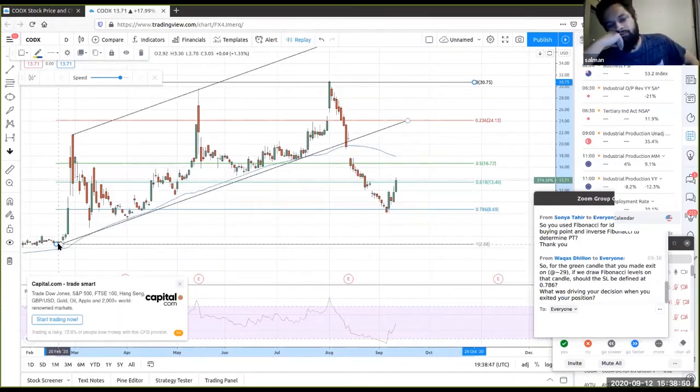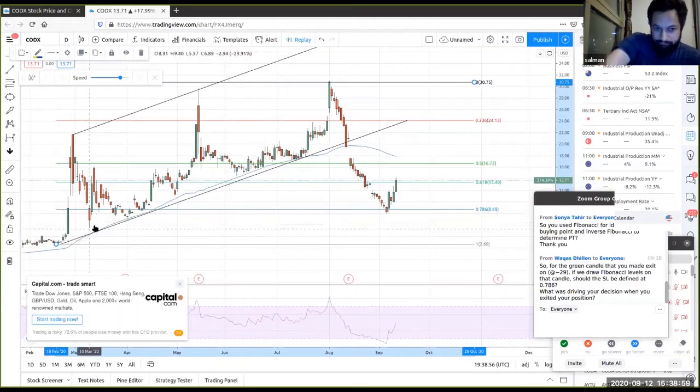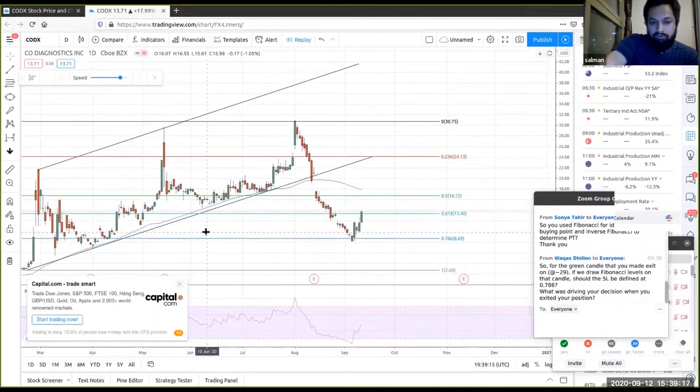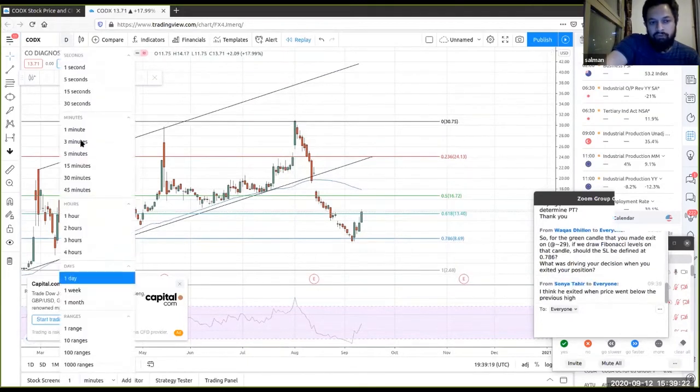So this is what we have at the moment, and it looks very interesting on the CRDX. You see, now there are two possibilities here. On the bigger picture, we are at 786 of the first peak, which shows that it is still bullish and it will go up. And if this is true, then in principle it should go above this level. Because if we go on the weekly,